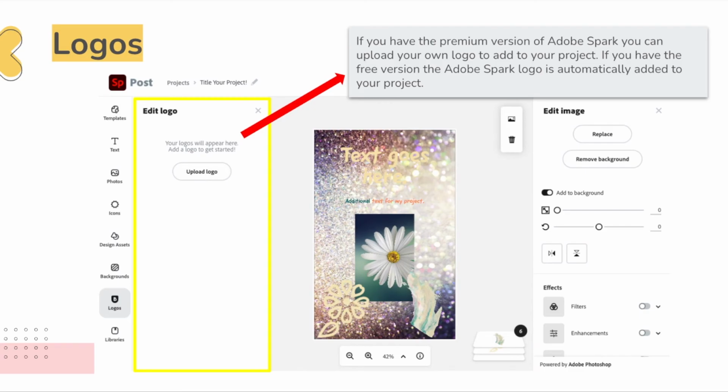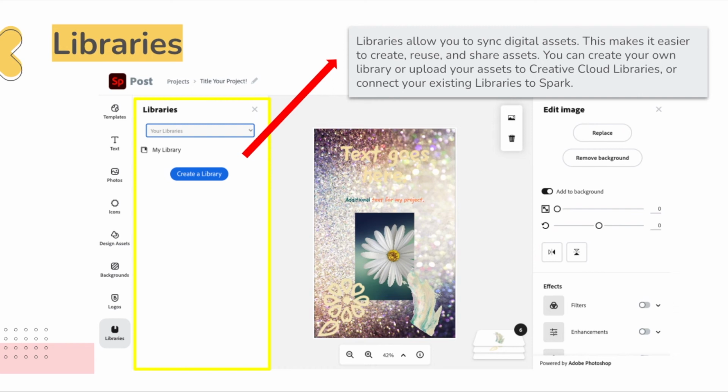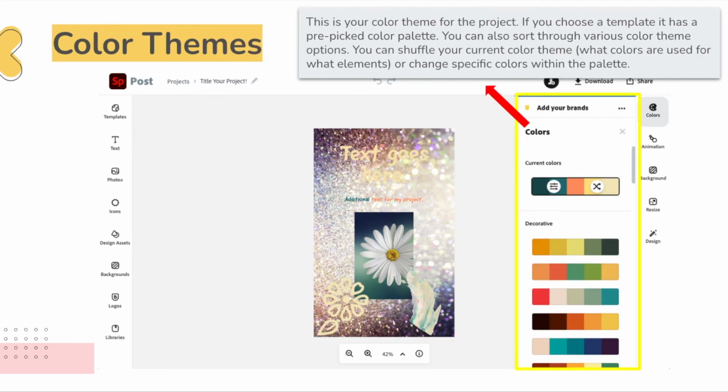So continue on, then we have logos, and if you have the premium version of Adobe Spark, you can upload your own logo to add to your project, and if you have the free version, the Adobe Spark logo is automatically added to your projects. Then we have libraries, which allow you to sync digital assets, and this makes it easier to create, reuse, and share assets, and you can create your own library or upload your assets to Creative Cloud libraries or connect your existing libraries to Spark. Now moving on to the right-hand side,